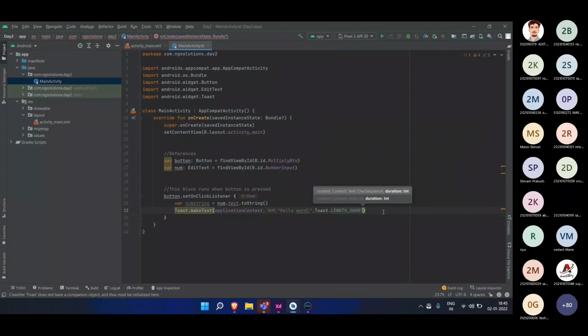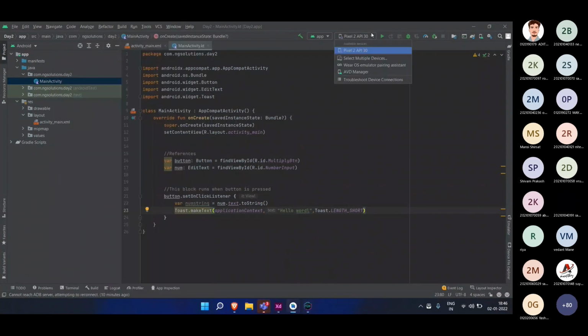So I'm going for short. This is the built-in constant which has been designed just for this toast. So our app is almost ready.